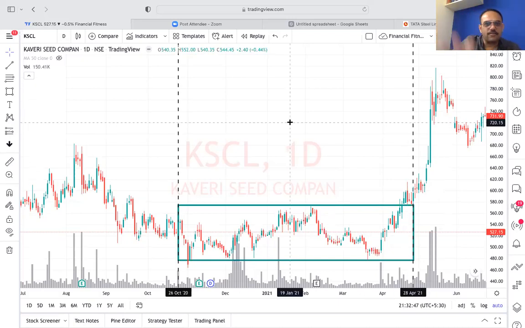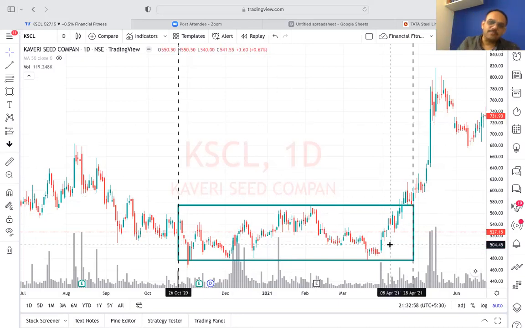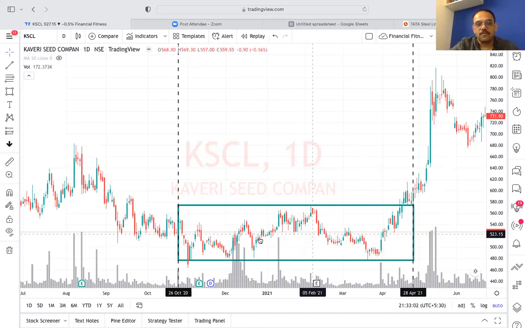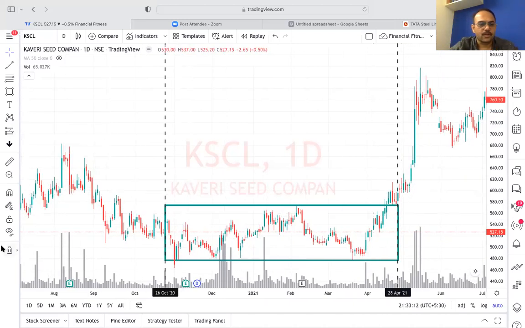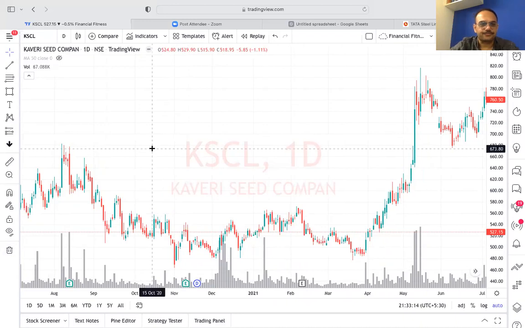But at least everyone got the gist of accumulation, why it is happening, why this pattern forms, and what we should do, right? So when this pattern forms, we should not jump the gun and say, no no, it will definitely go up. It can go down also, right? So we should neither jump the gun. We should wait above, at this point we should wait, and then it went up. Similarly,